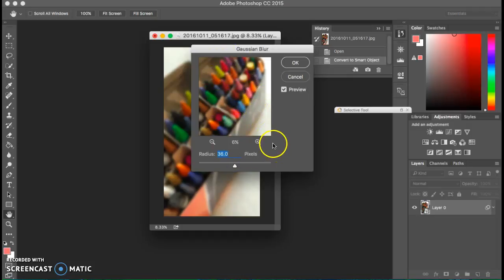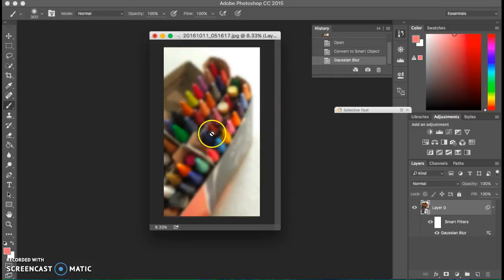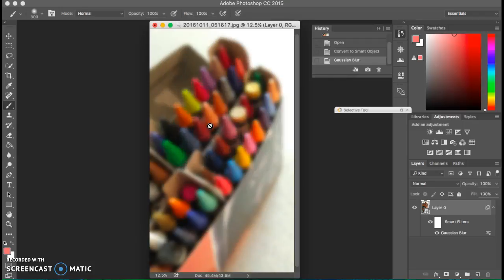And by blurring everything else and then keeping one part clear, I can help create a sense of emphasis. So this might work for some of your images or some things that you want to do. Now, obviously you can see I'm pretty blurred here. I'm going to Command plus and zoom in so you can see. And again, because I created the smart filter, which is another reason to use your smart filters, when you have that smart filter selected and you use your brush tool, and I have my black brush selected,